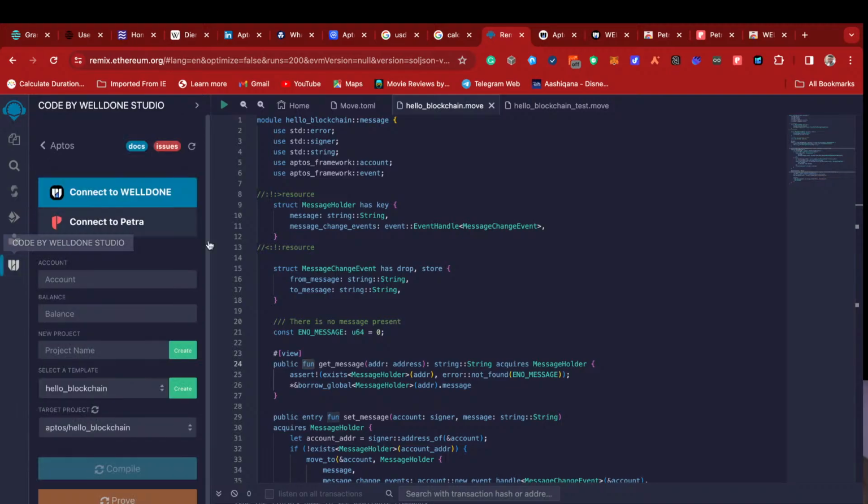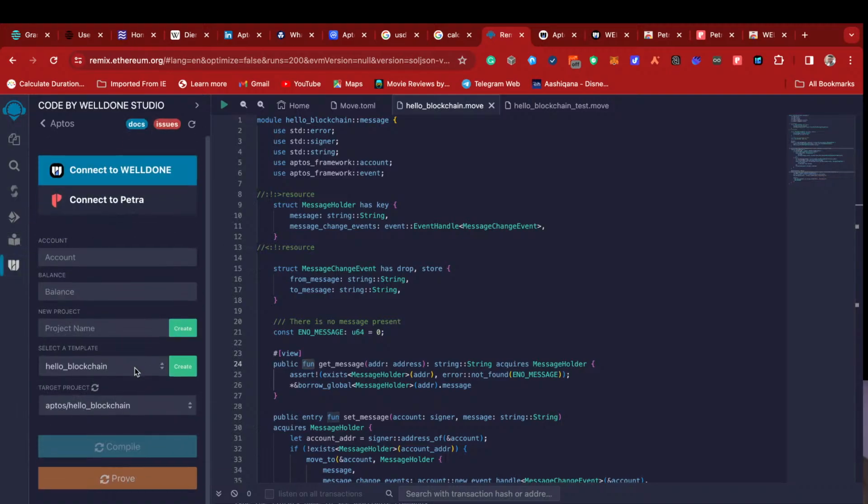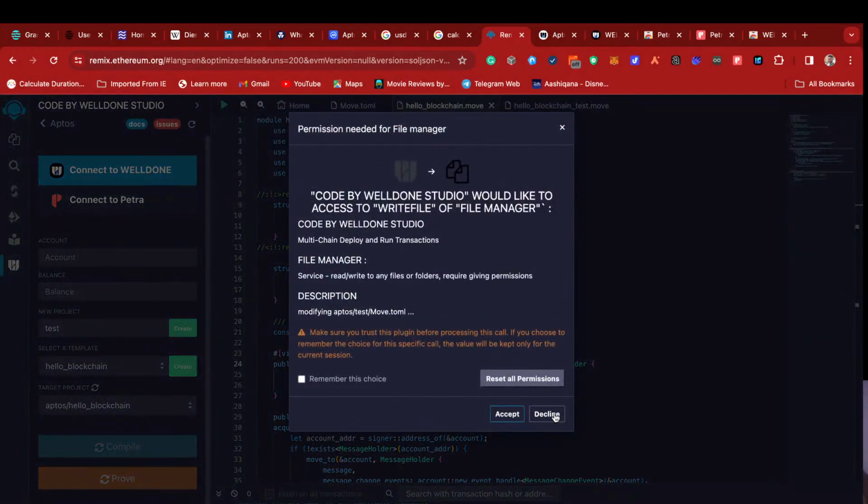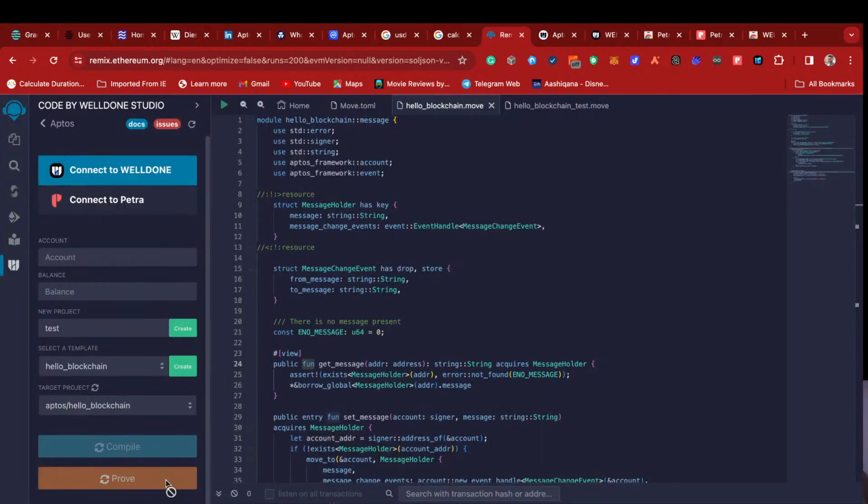Now let's go to Welden, connect to Welden. So hello blockchain. Oh, I wanted to create a test. Okay, create, accept. Just hello blockchain is created. Aptos hello blockchain. So I have two projects now. So hello blockchain is, I have checked hello blockchain,